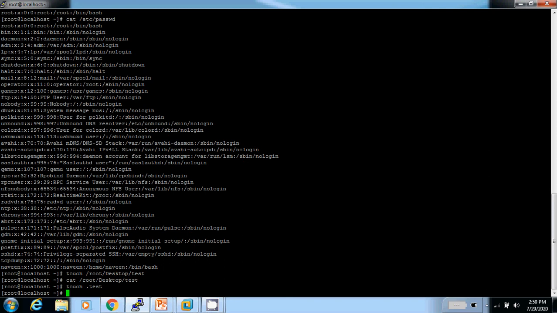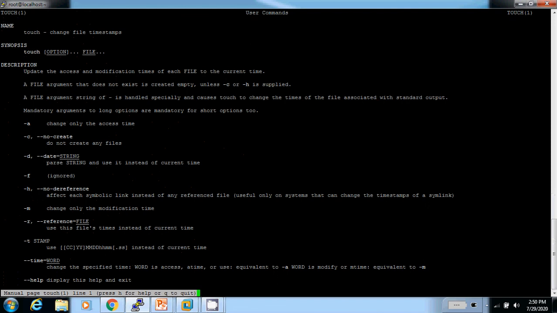There are various attributes with the touch command. We can go through the man page of the touch command. There are various options: -a, -c, -d, -f, -h, -m, -r. Through these attributes we can use it as per our requirement.